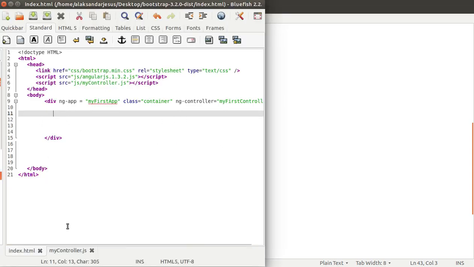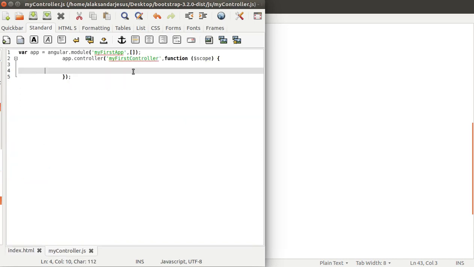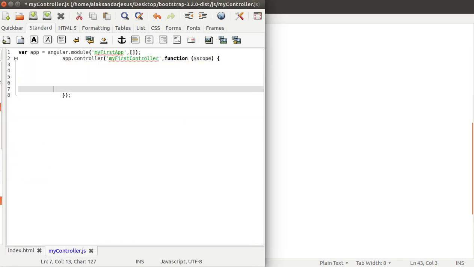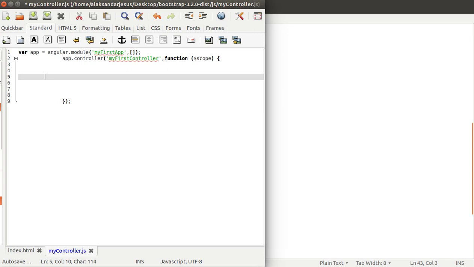Now what we'll do is we'll go to our controller and then create an array, $scope.users. These are the users which we are getting from our database. $scope.users equals, as I told before, our JSON data will be passed with the square brackets, and we will have data values.